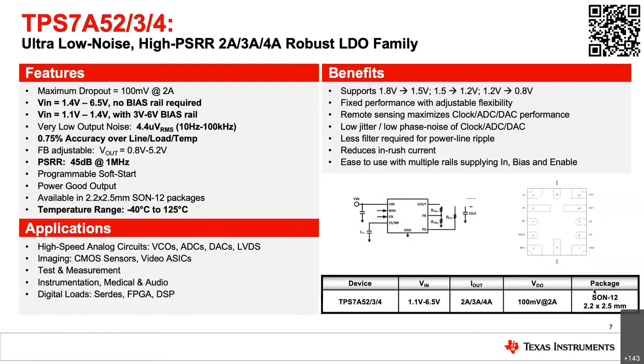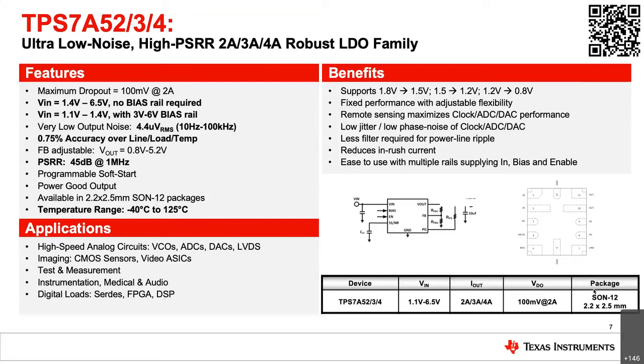All right. So, one of our recent releases earlier this year is our TPS7A52, 53, and 54 device family. On the top right is a QR code linked to the product folder. This device was actually released earlier this year. This family of devices would fall under our power density and low noise power trends, as we're dissipating 2 to 4 amps in a very small 2.2 by 2.5 millimeter package, while maintaining 4 microvolts VRMS of noise